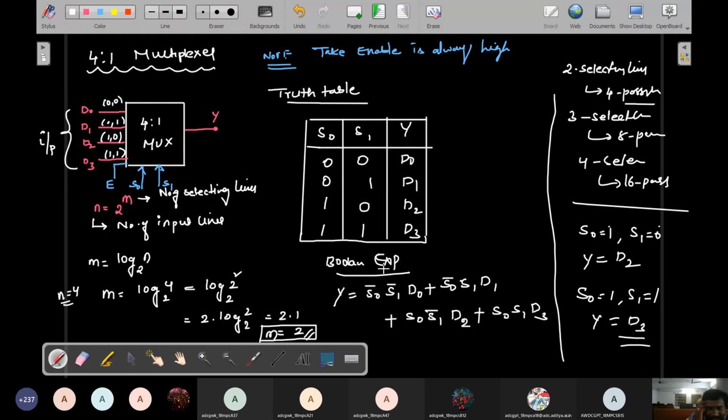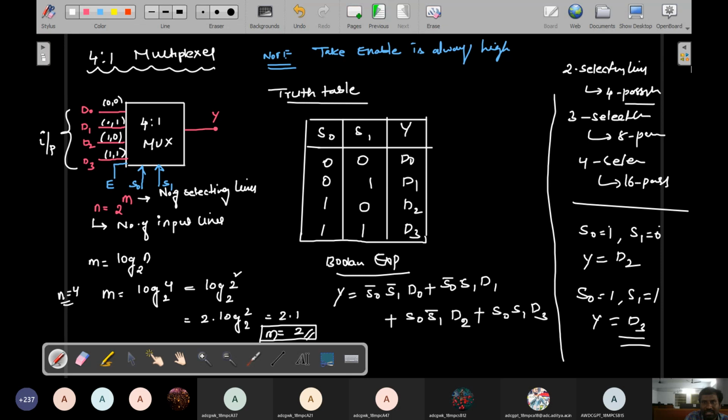So please note everybody. Understand what I am saying, that first of all, I consider one multiplexer. I take some inputs to that multiplexer. I'll also take some output, one side of the multiplexer. But the selecting lines to this multiplexer depend on the formula n is equal to 2 power m. Here m is the number of selecting lines, and n is the number of input lines. So that equation will be represented as m is equal to log n with base 2. Okay, from this equation I consider 4 inputs. That's why finally I got two selecting lines. So I give these two selecting lines.